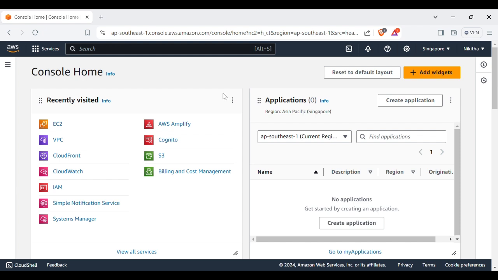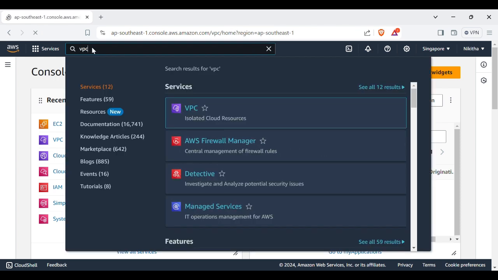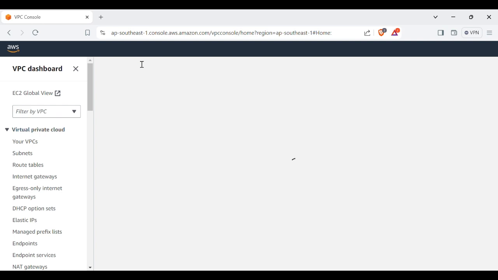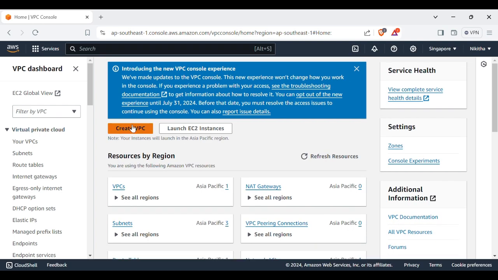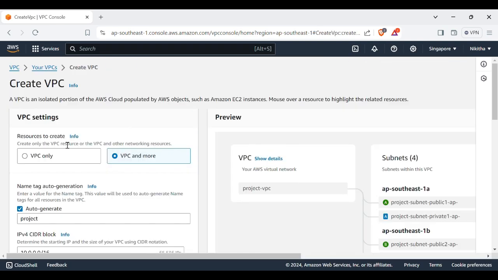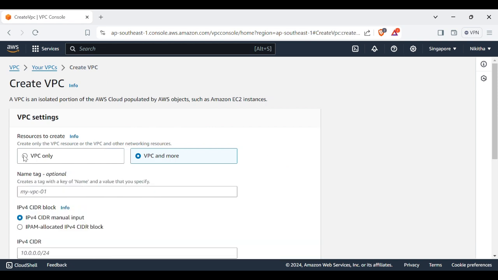So this is my AWS console. Go to the search bar, type VPC and hit enter. Click on create VPC. As of now, our concern is to create a VPC, so select VPC only. We are going to name it test VPC,